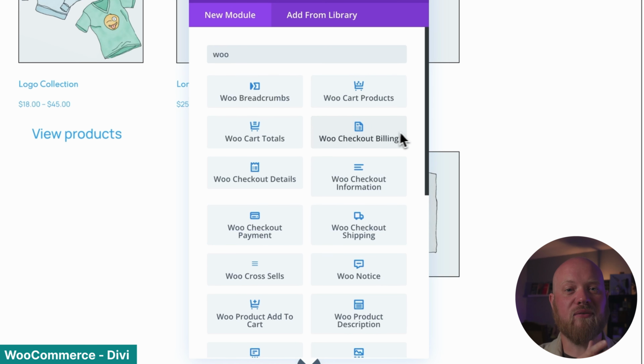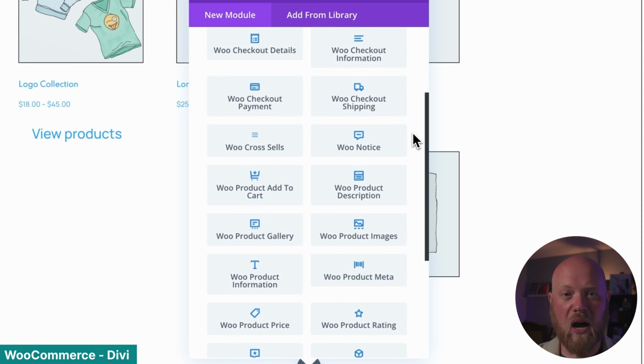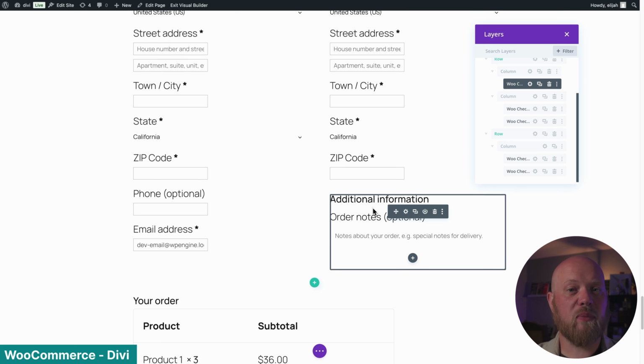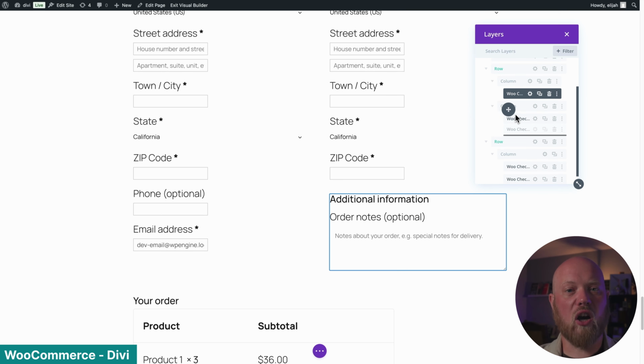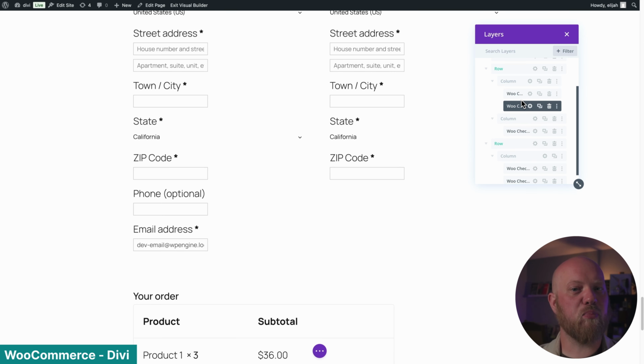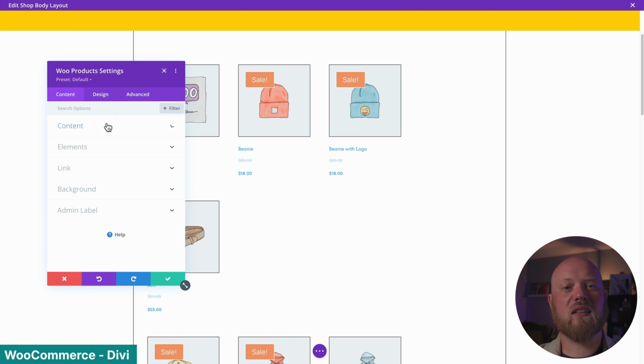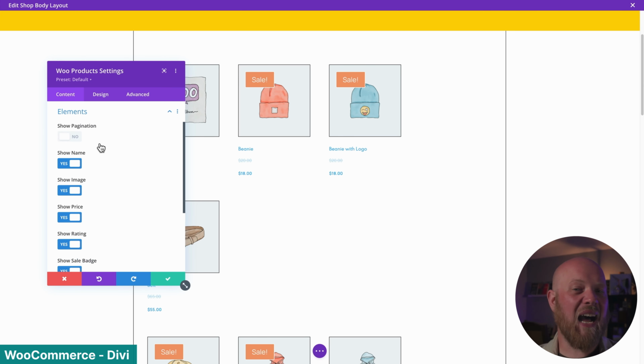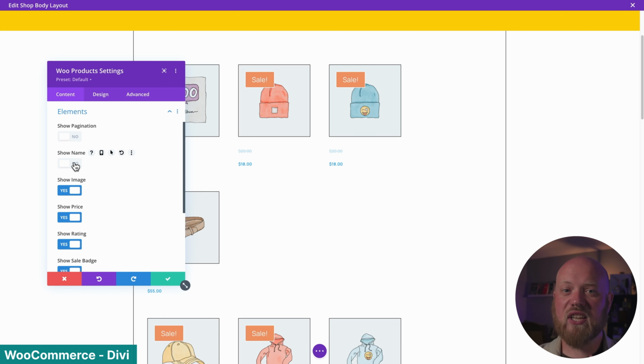Divi comes with 25 WooCommerce elements out of the box. For customization, Divi fares a little better, and here's why. Divi has granular elements for laying out pages like the cart and checkout how you want, rather than locking you into a rigid, predetermined layout. Its product list element gives you the ability to hide elements you don't want, which is a huge bonus for